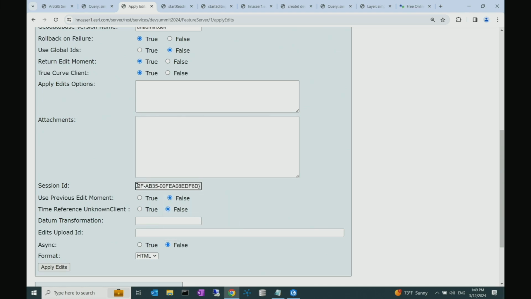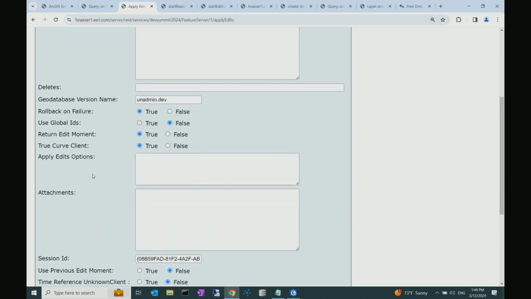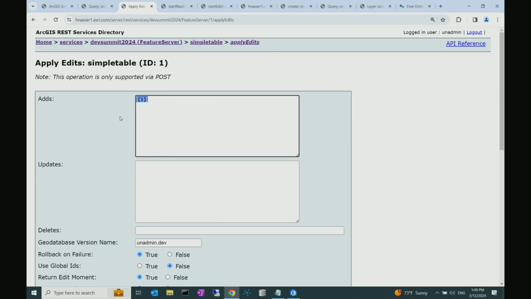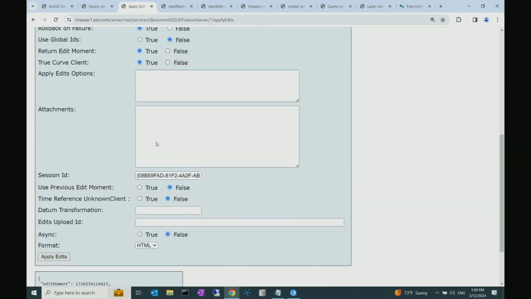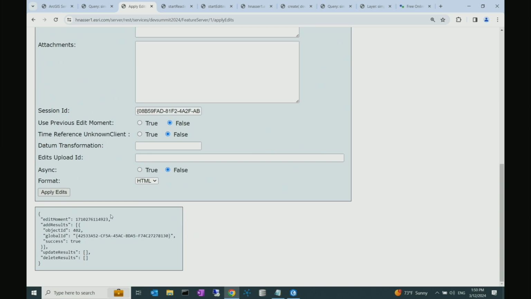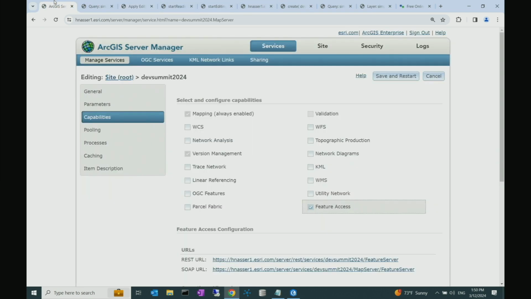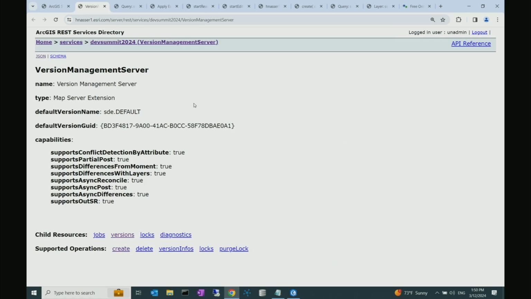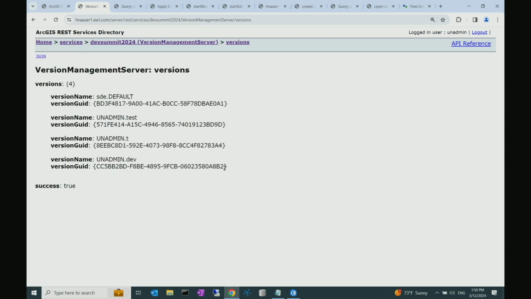So now I take this and I want to create a new row using our trick here on the version. I want to return the moment, and yeah, let's do it. But before I do that, I want to go to my version info. Let's go to the version info, see that. Because I want to keep track of my